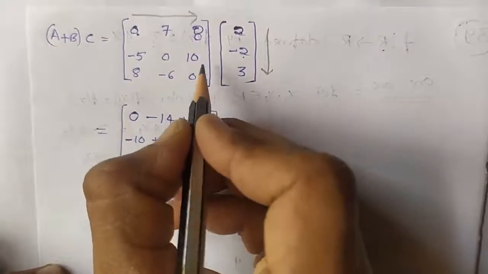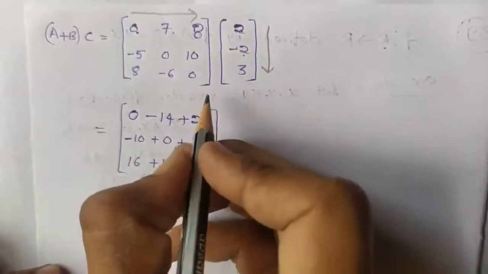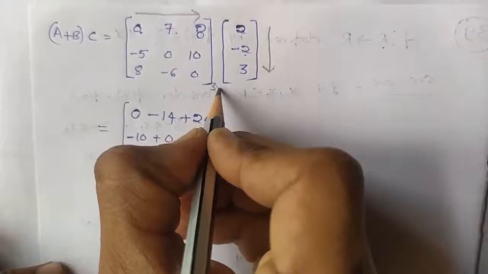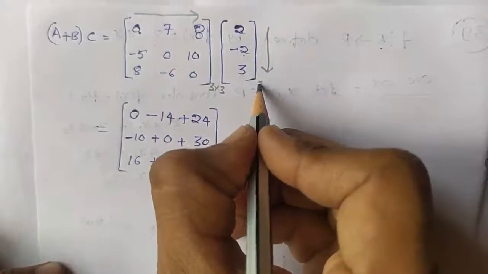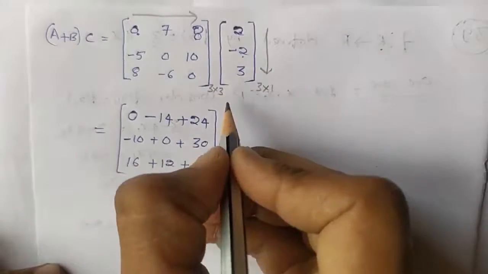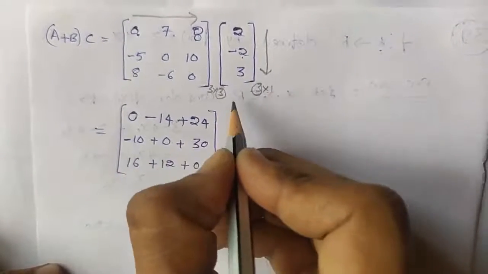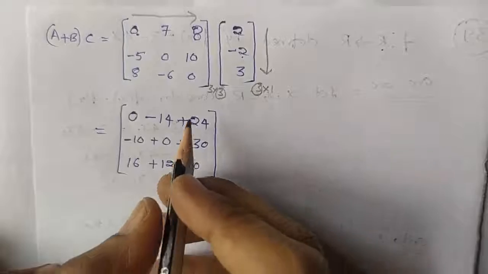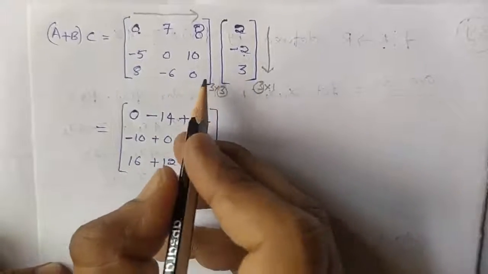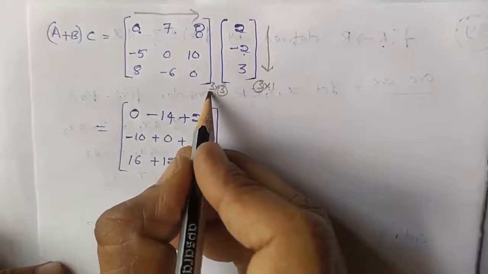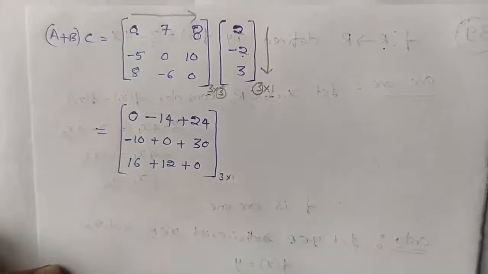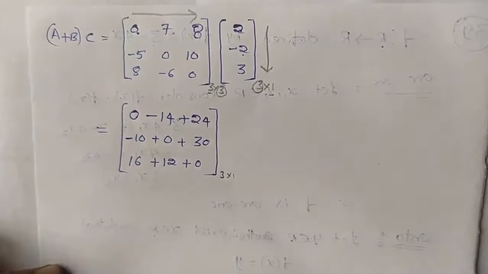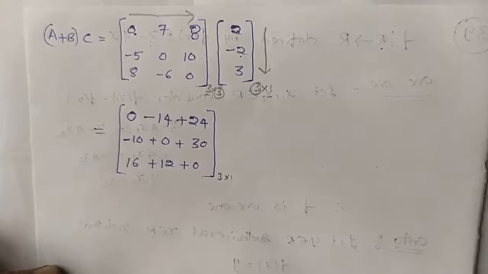First verify whether the matrix multiplication is possible or not. See, it is a 3 by 3 matrix, 3 rows and 3 columns. It is 3 rows and 1 column, a 3 by 1 matrix. So the inner 3 and 3 match. Yes, multiplication is possible. If we multiply these two matrices, we will get a 3 by 1 matrix. It is for our justification, for our clarification.